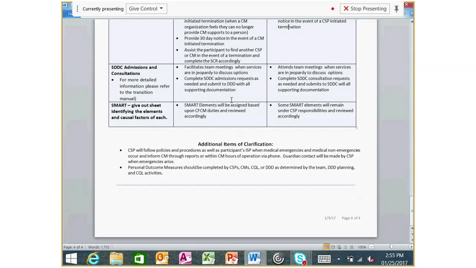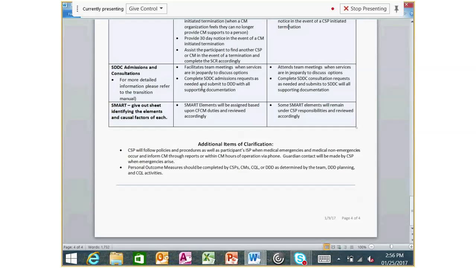The community support provider is going to be responsible for attending any team meeting that's being held to discuss if a person's services are in jeopardy. The community support provider will also be the one to complete any SDDC consultation request and all the supporting documentation to the division. And the reason for that is the consultation request really has to do with those day-to-day supports that a person's receiving, and since those are provided by the community support provider, they would be the one to